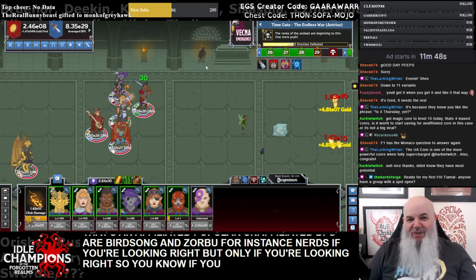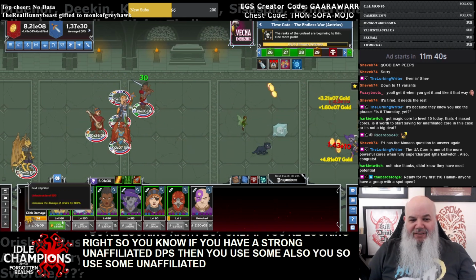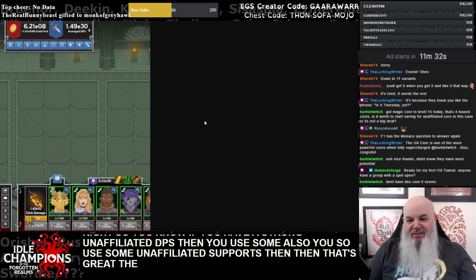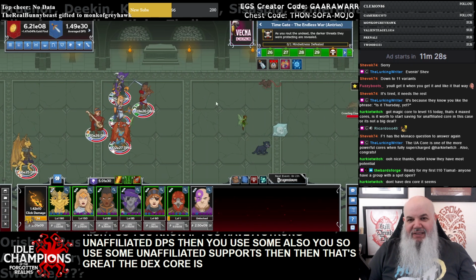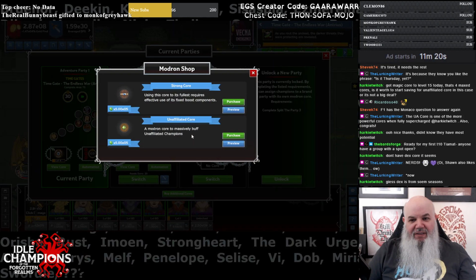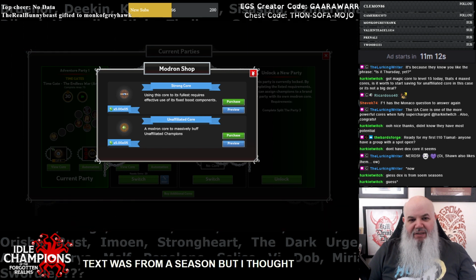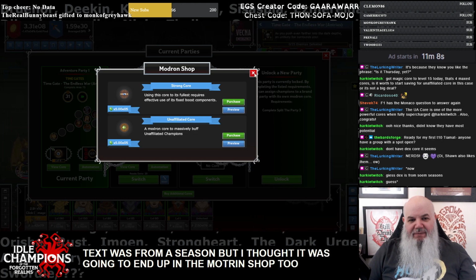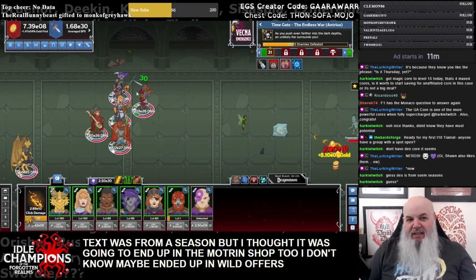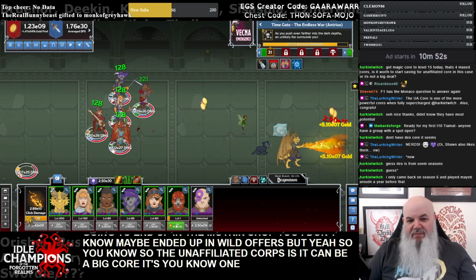So, if you have a strong unaffiliated DPS, and you also use some unaffiliated supports, then that's great. The Dex core is... Where is the Dex core, folks? Is it in a cash shop or... Dex was from a season, but I thought it was going to end up in the Modron shop too. I don't know. Maybe it ended up in Wild Offers. But yeah, so the unaffiliated core can be a big core. It's one of the strongest in the game, but